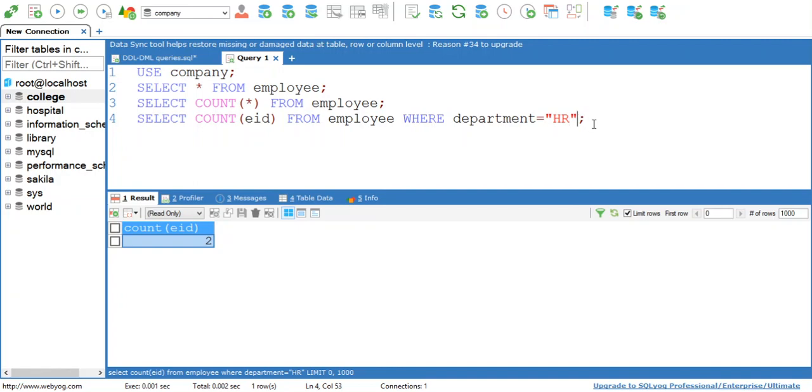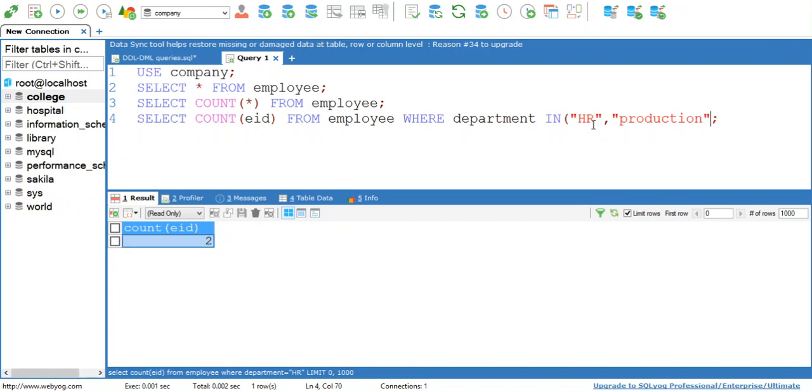Okay, here if you want to count employees in more than one department, then you can use the in keyword. We have already studied the in and between keywords, so let's see how to use the in keyword. So my query is select count employee ID from employee where department in. Now I want to count the number of employees in the HR department and the production department.